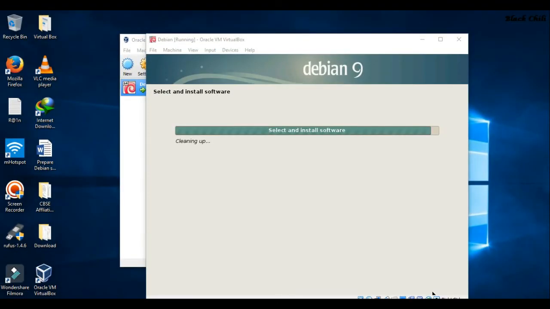You can see that it's almost going to complete installing the software. It will take a little time, from 10 to 15 minutes depending on the speed of your machine, and after that we'll get the result. Now again